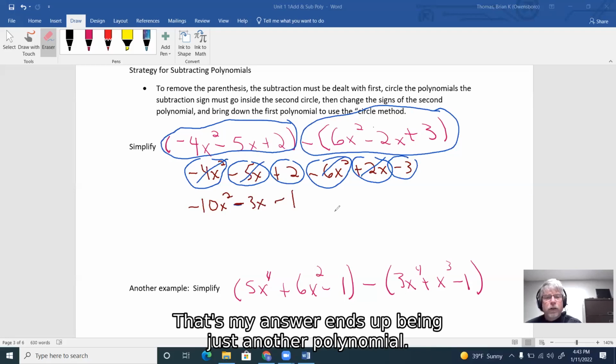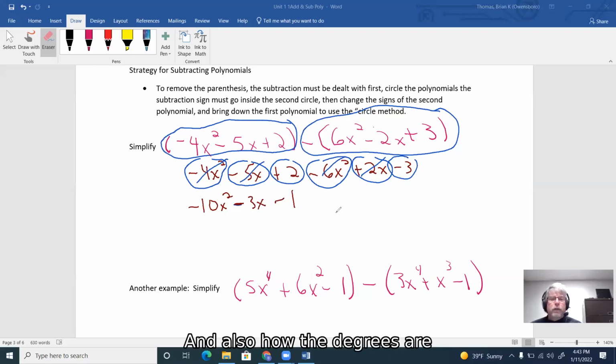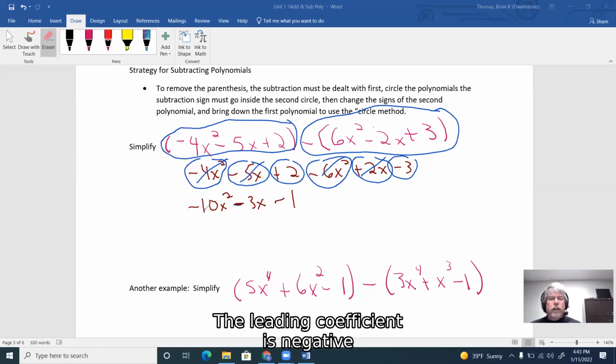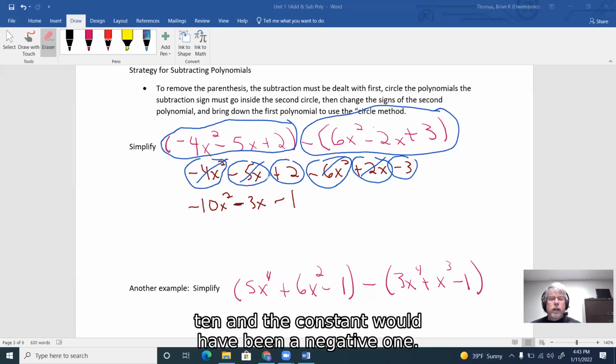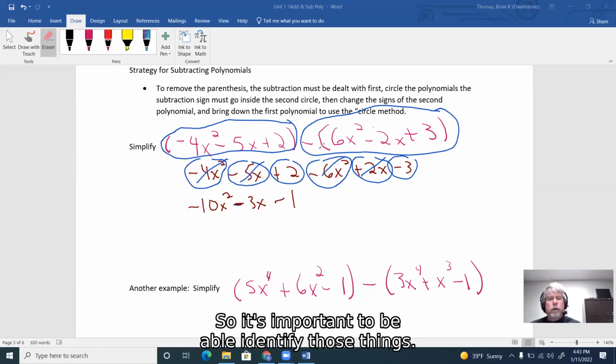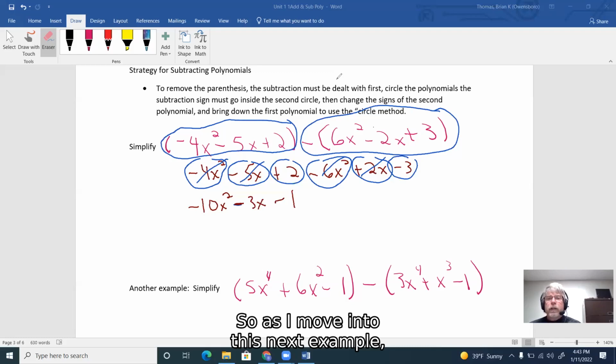My answer ends up being just another polynomial. And notice how the degrees are counting down. We do want that. So now we know that the degree of the polynomial is a 2. The leading coefficient is a negative 10, and the constant would have been a negative 1. So it's important to be able to identify those things, and organization helps us see that more easily. So as I move into this next example,